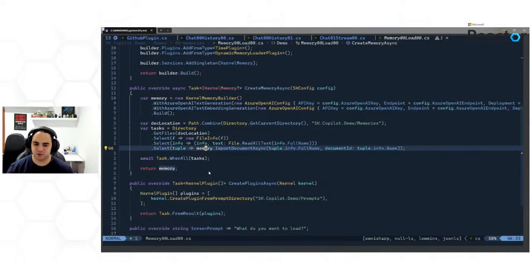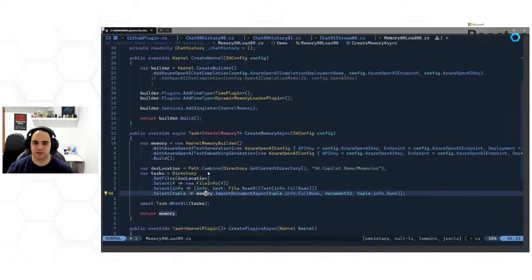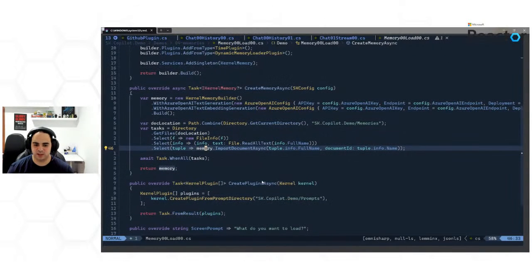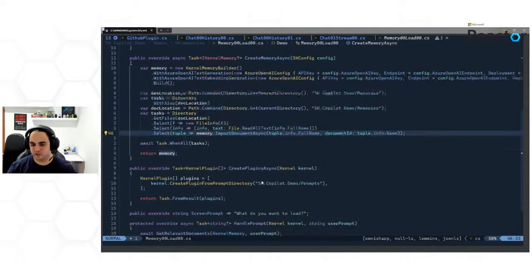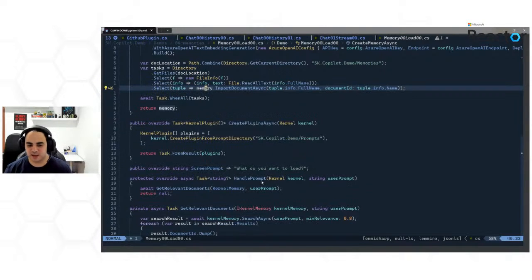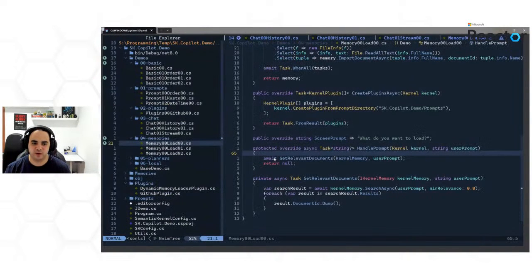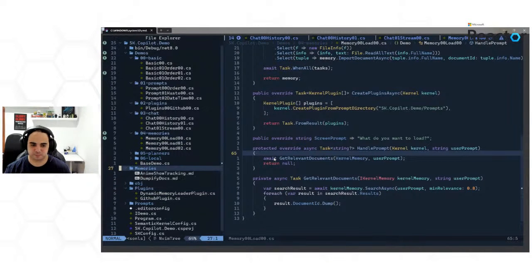And the storage, or the store, can differ. So in this example, I'm using an in-memory store, although it's really easy to use, for example, Azure Search or a different memory store that maybe is built for vectorized search. But for this demo, it's really easy to use a simple memory store. And if we go and look at the memories